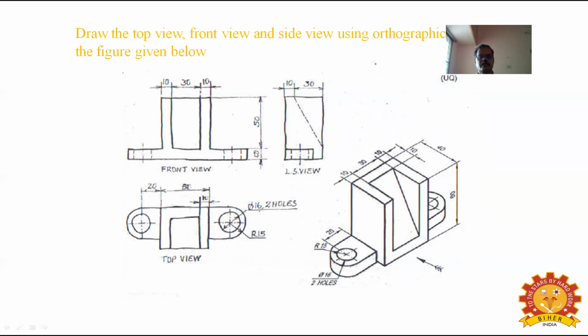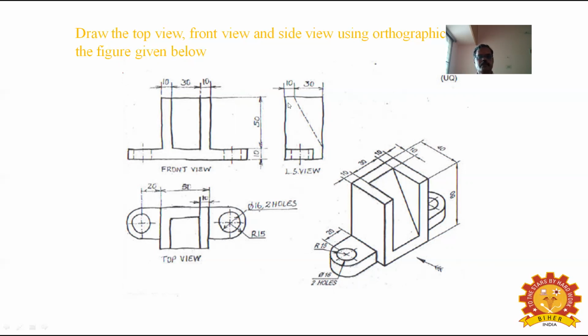In that, the inner rectangle is 10 mm and the height is given as 50. So 10 by 50, and inside you have a 30 by 50, because when viewed from the front, the tapered portion is only a rectangle, and again 10 mm. If you add all these, you will get 50 mm dimension. 10, 30, 10 gives 50 mm, and the total height is 60. This is how you have to draw the top view and the front view.